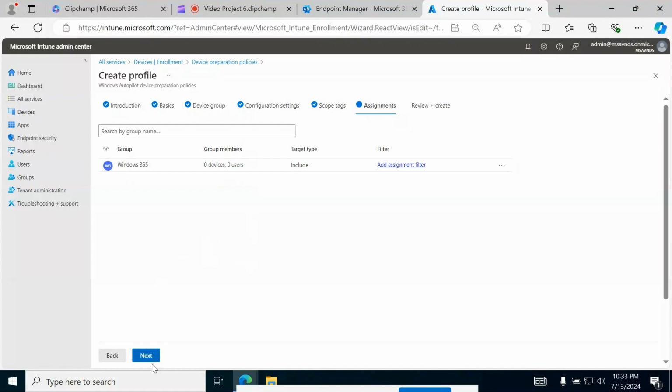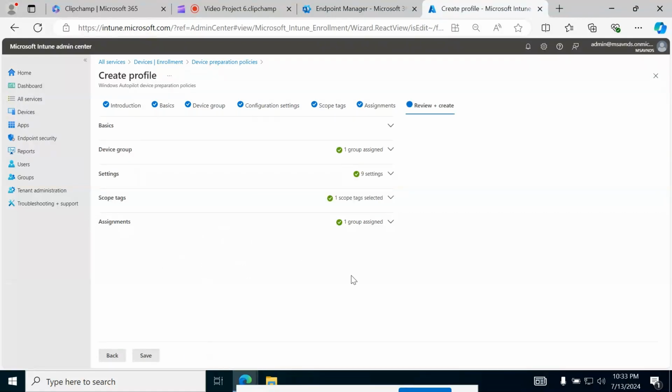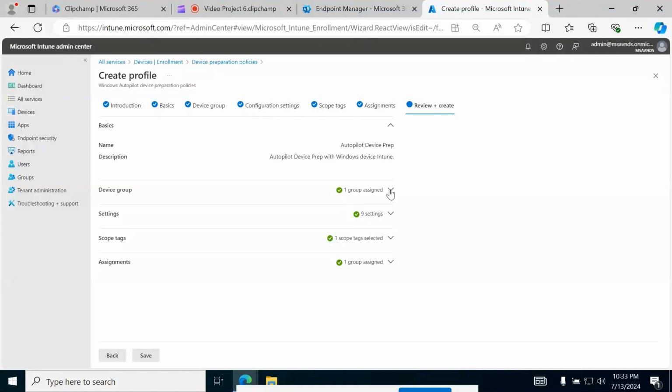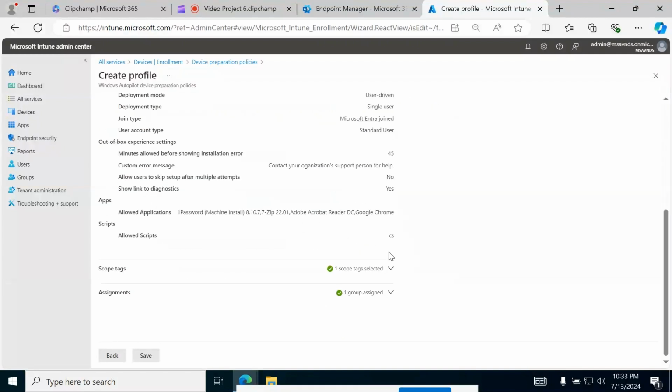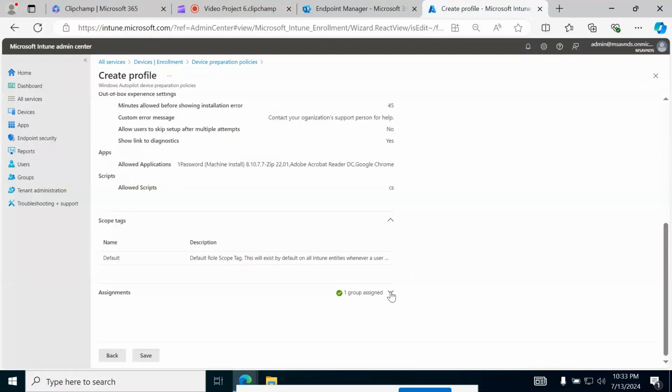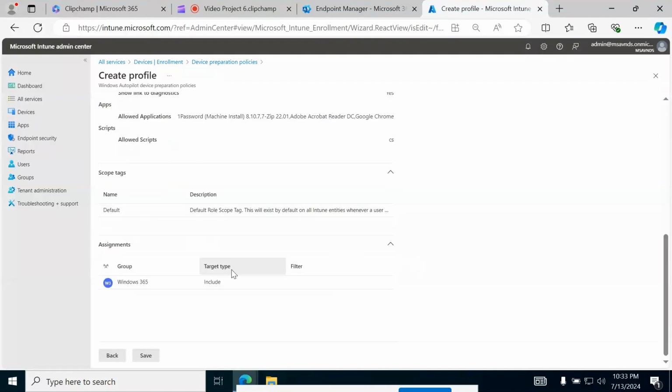And click next, and I would be able to see the whole settings altogether. Then you can click on each of these and see what configurations were made available, and then you can click on the save button. So this policy will be created